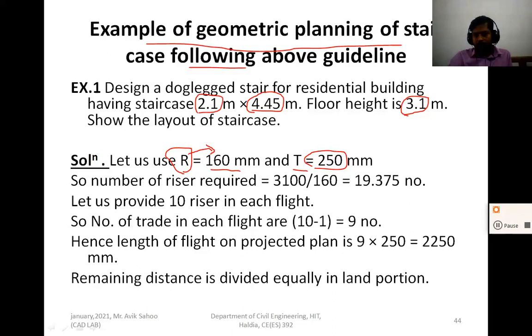Floor height is 3.1 meter, so how many steps do you have to provide? That is floor height divided by height of riser, 160. How many comes? 19.375.